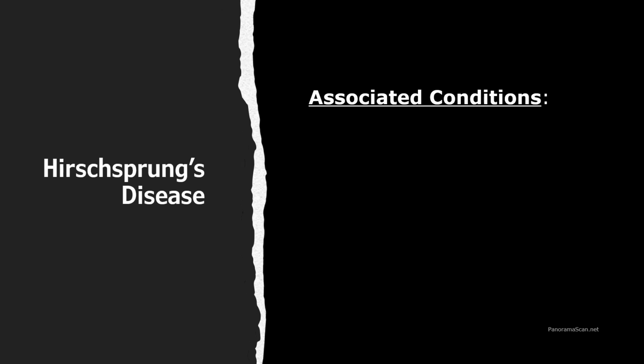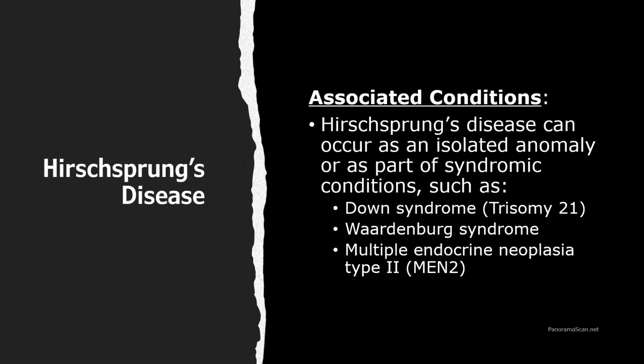Hirschsprung's disease can occur in isolation, meaning it's the only anomaly present. However, it's also seen as part of syndromic conditions, genetic syndromes, where multiple abnormalities occur together. Some of the conditions associated with Hirschsprung's disease include Down syndrome, which is a genetic disorder caused by an extra chromosome 21,